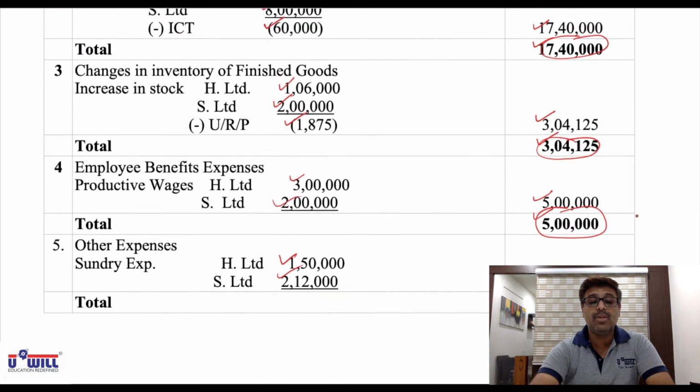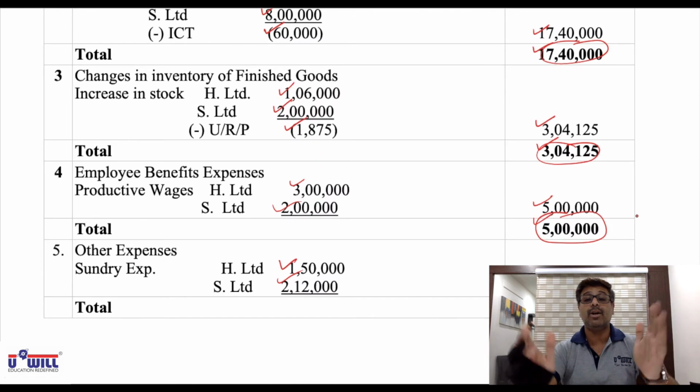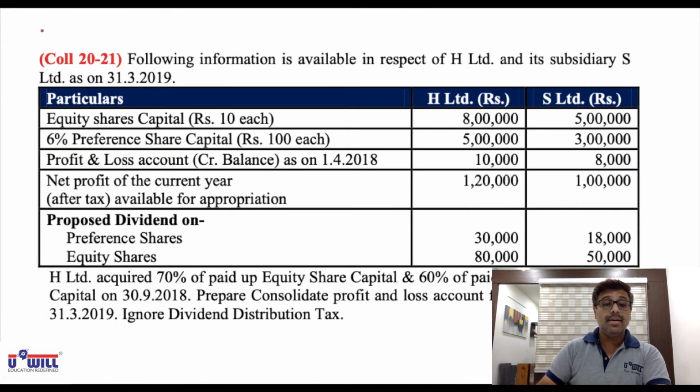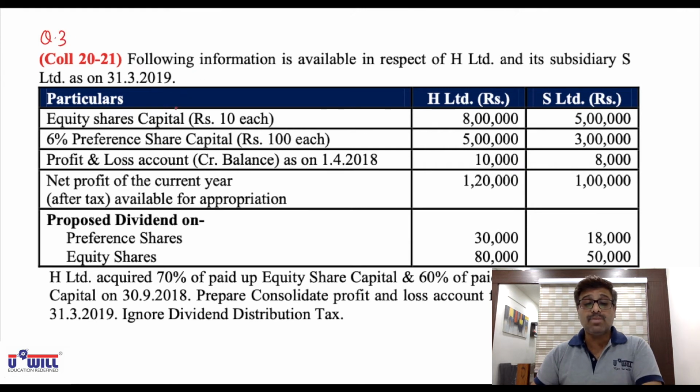Now we take up question number 3. All of you take out question number 3 of your study material. Yes, now all of you look at question number 3. It is a very small and simple question. Understand, very limited things are to be done over here. Here also I'll do the workings on the screen and then you will try the remaining P&L statement on your own.